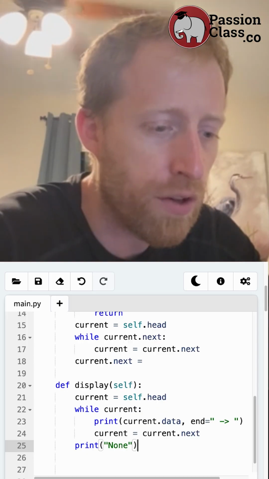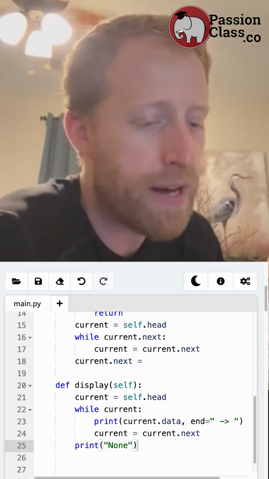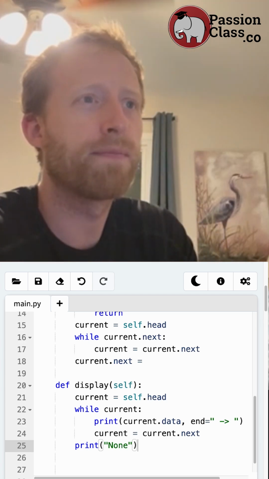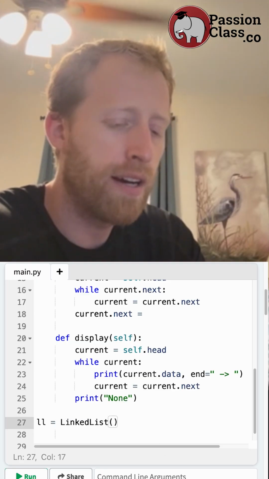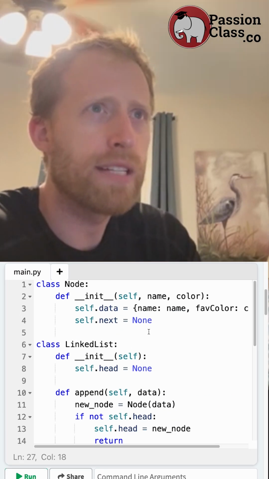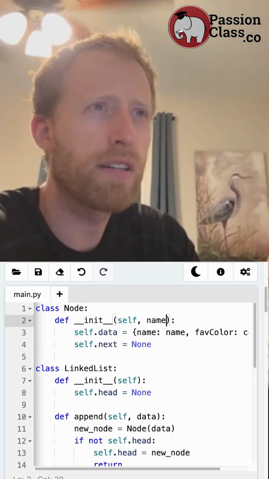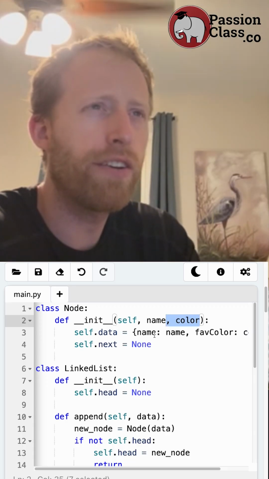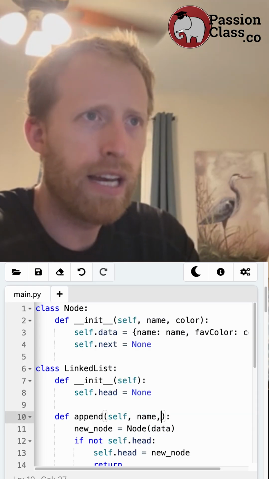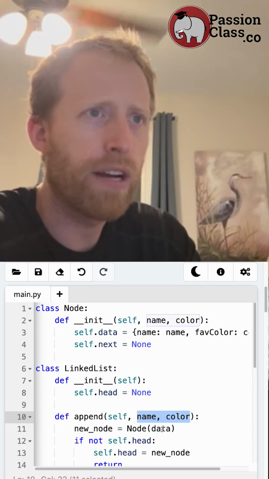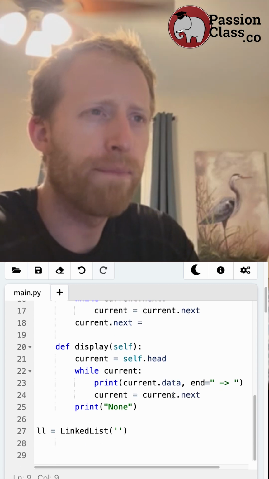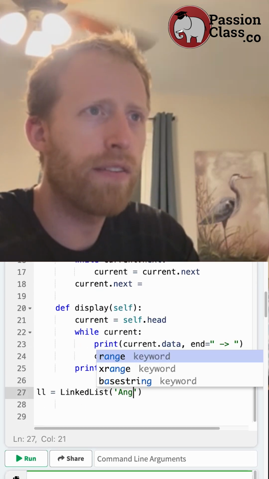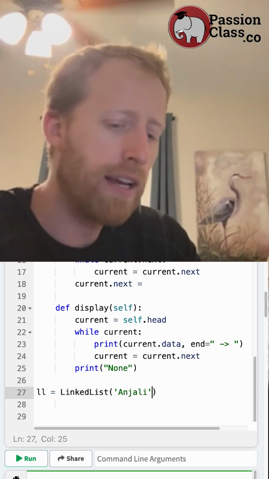So let's look at this again. If we create a new linked list here, and we add in name and color. I never used color, let me get rid of it. Oh, actually I can have name and color, that'll work. So I need name and color here again, and then we can create a node of name and color. Yeah, perfect. So if I say Anjali's favorite color is green,